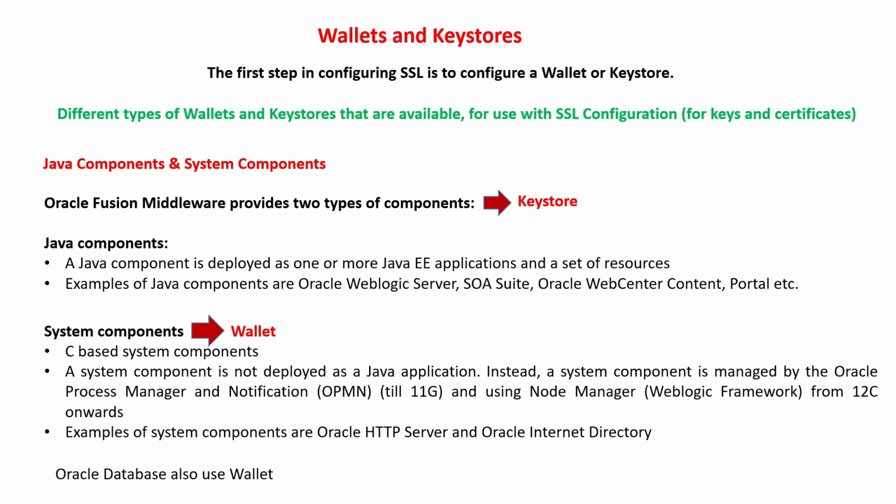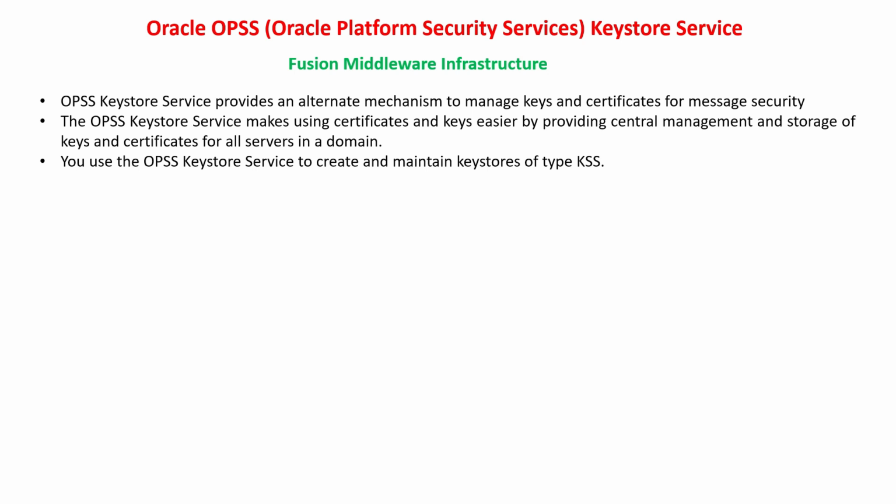And apart from that, the Oracle database also uses the wallet. Now, apart from the key store and wallet, there is another concept as well for the key store, which is called the Oracle OPSS, that is Oracle Platform Security Services key store service. That means if we go further from the key store, then we have another type of key store, which is also called the KSS. And this KSS key store is specifically related with the Fusion middleware infrastructure, which is nothing but the WebLogic, but with some enhanced capabilities,